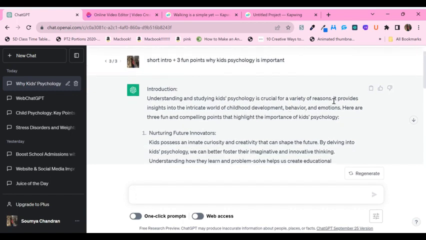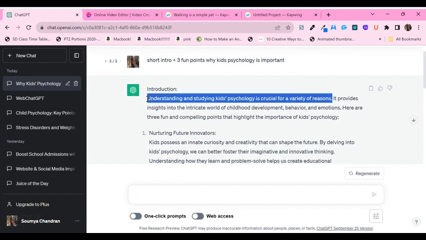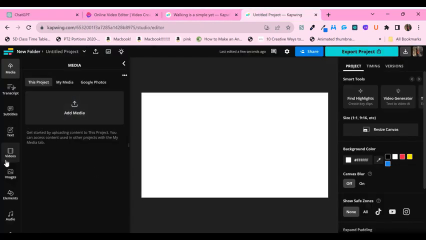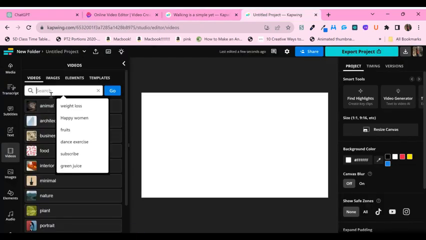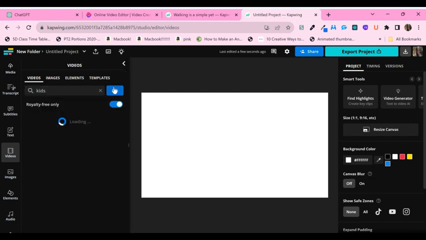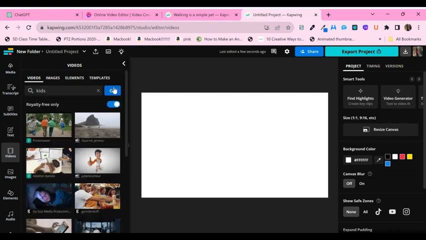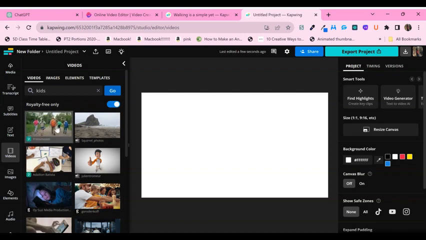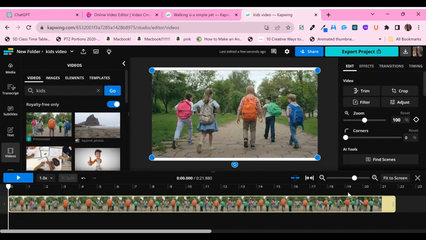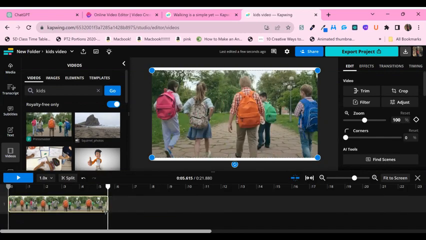So, I will take maybe understanding the first line. So, I'll just put the, yeah, first I'll choose the videos first. So I'm putting kids. Okay. You can put a mix of videos and images. So I'm using this tool now. So I want to create a very short video, like maybe